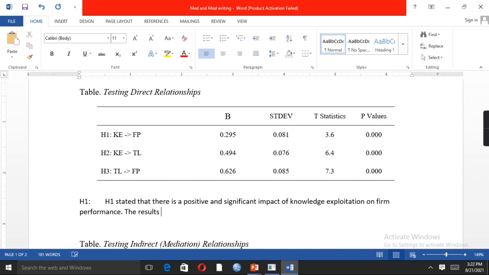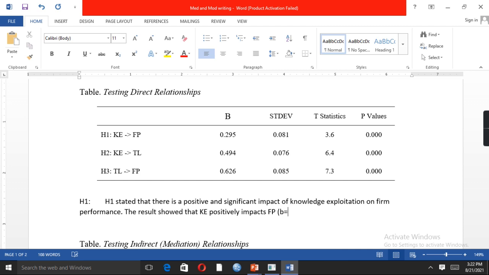The result showed that KE positively impacts FP, firm performance.